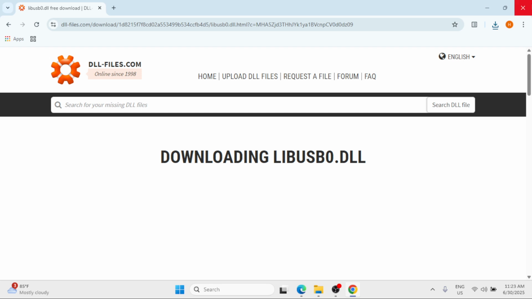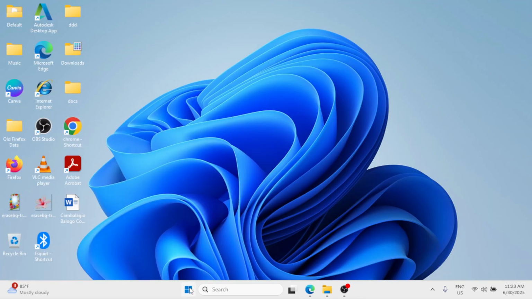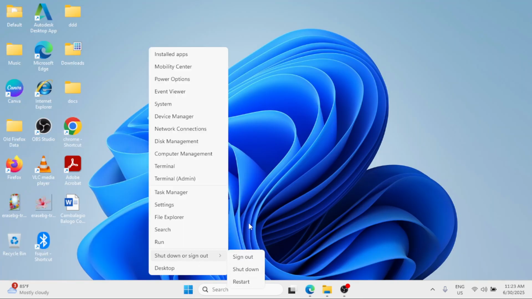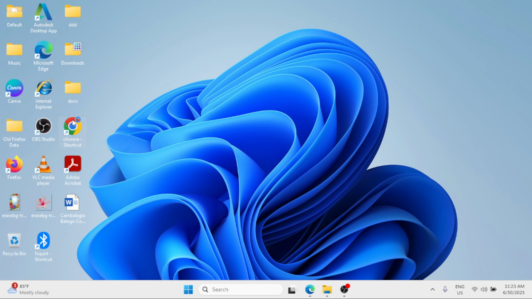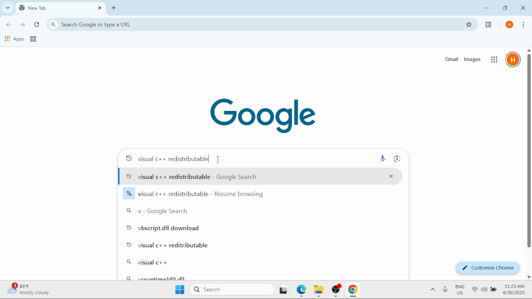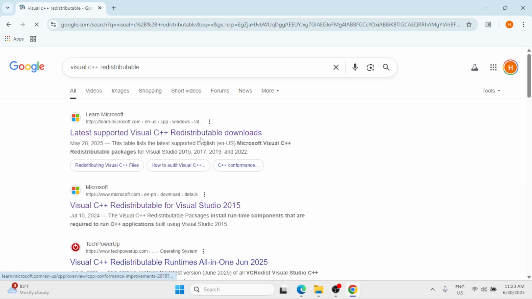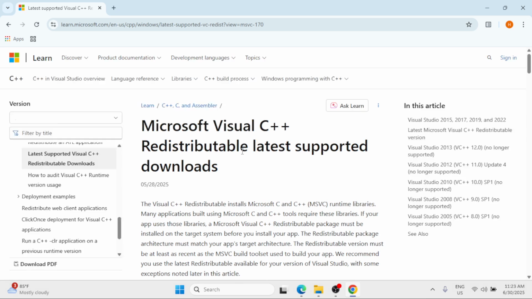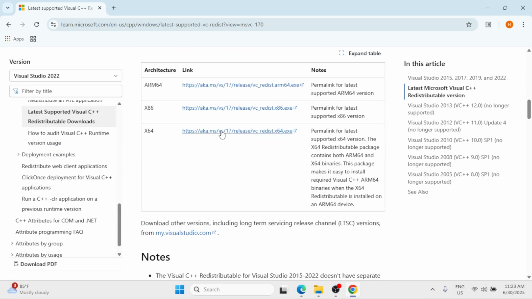Now once done, close all the windows, then right click at the start button, shut down or sign out, and restart your Windows. Then open a browser again. Search for Visual C++ redistributable and hit enter. Click on the first option. Scroll down and click the download link corresponding to your system type and simply install the Visual C++